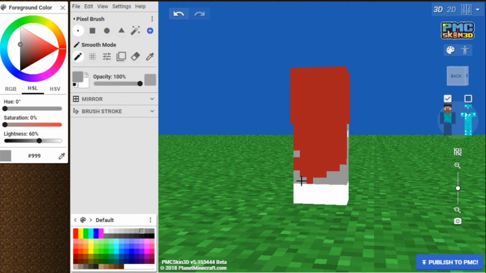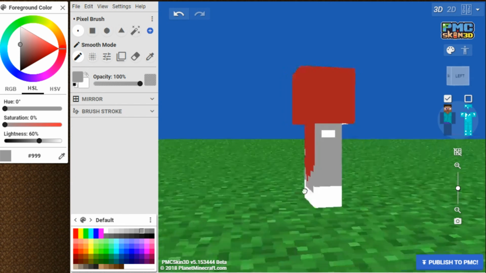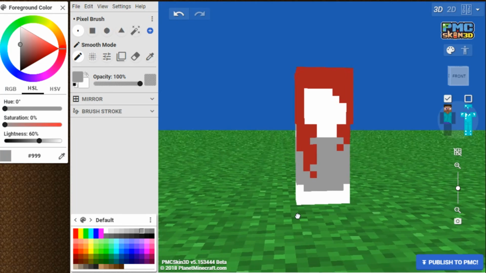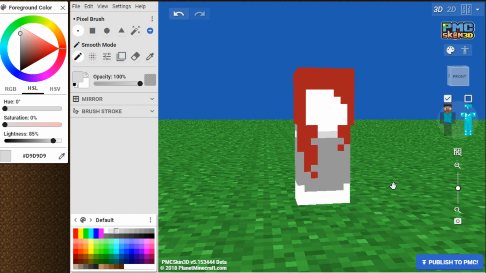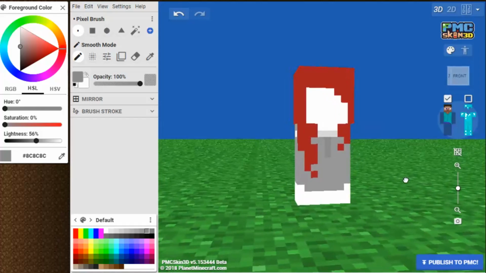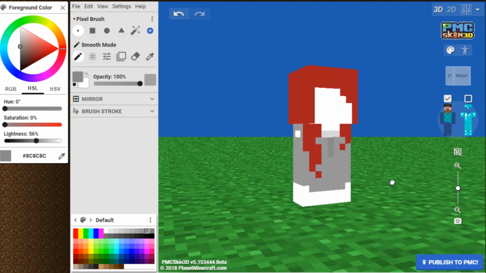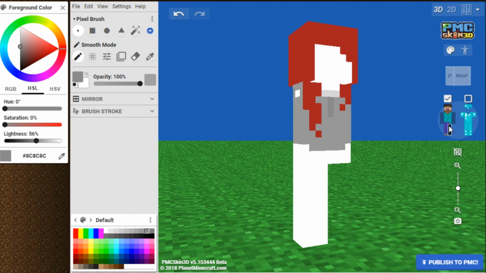And I'm going to keep going like that, and there, we pretty much have the base color of our tank top done. My tank top has a couple little fancy things on it. It has a little lace part right there, and it has a little decorative button down part right here. So I'm just going to go like that, and yeah, that's very spot on for what my tank top looks like. And now I'm going to go to pants.